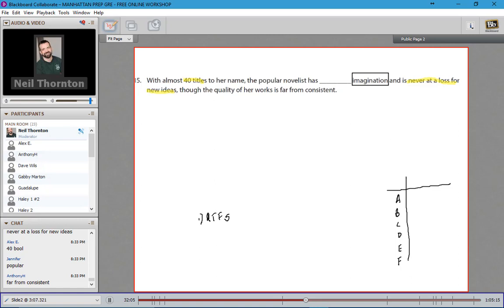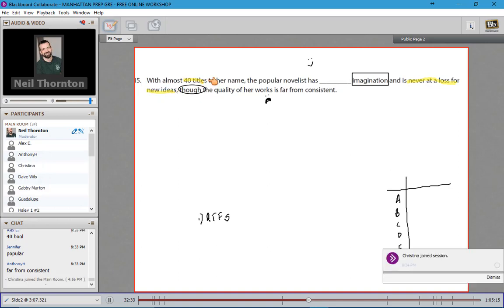All right, so we've got some other things on the other side. So, you know, she's not that great on this side. She's kind of frowny face over here. Sorry, she's sort of frowny face on this side of this thing. We're probably talking more positive on this side of the thing. All right. So popular novelist describes what kind of novelist she was. What else describes her imagination is, well, never at a loss for ideas, and also maybe she wrote a heck